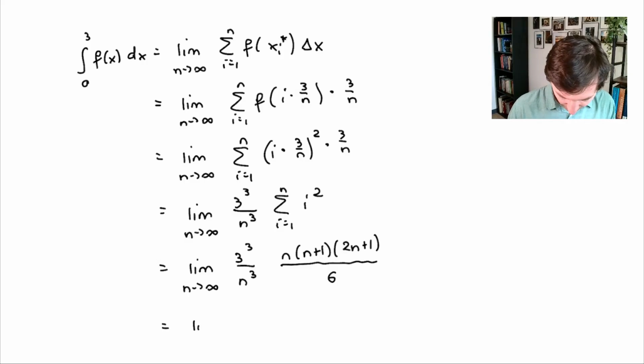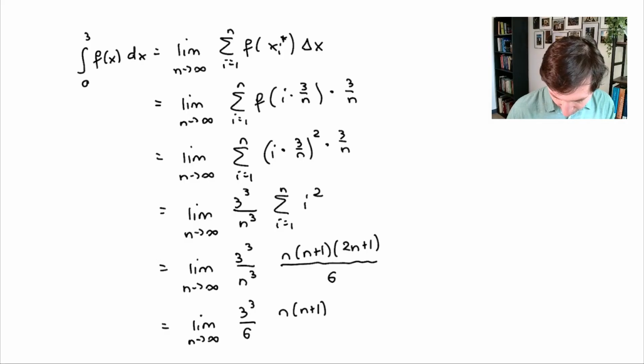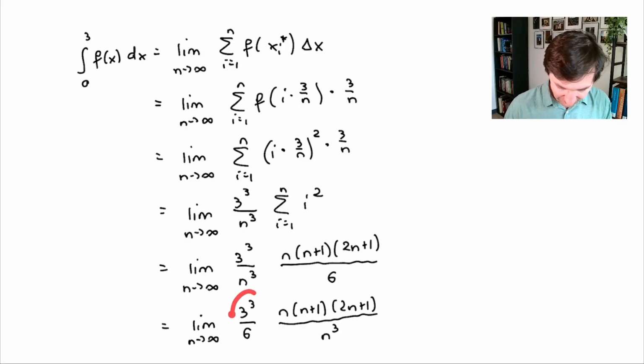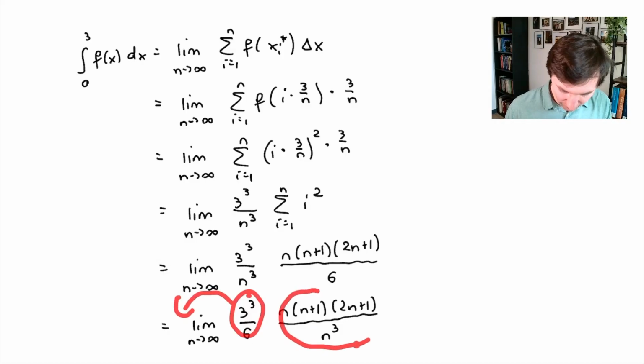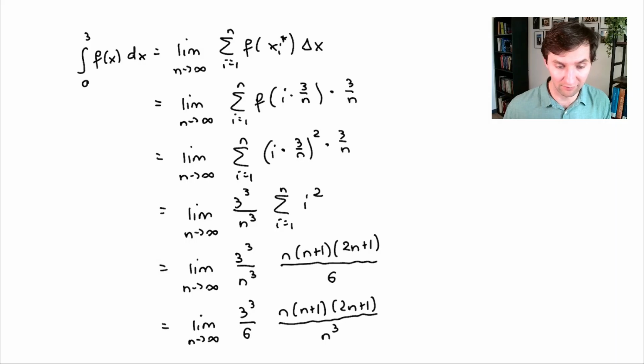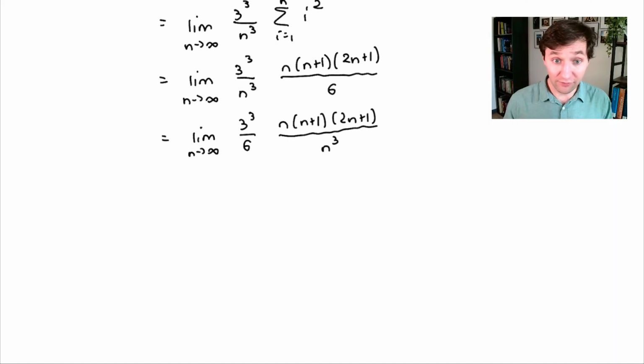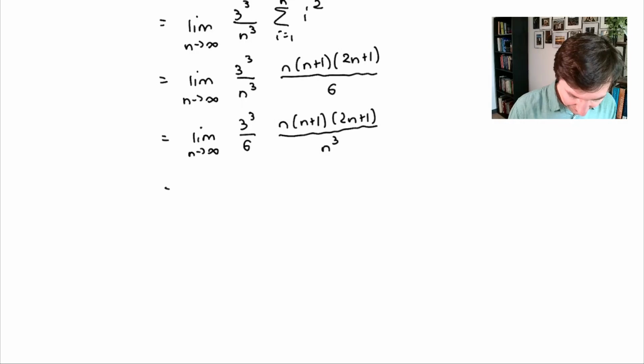Now I can simplify this expression. That gives me the limit as n goes to infinity. Let's write the numbers together, and I will have 3 to the third power divided by 6, and then let me write n's together: n plus 1, 2n plus 1, divided by n to the third power. Because this is just a number, I can factor it outside of the limit, and then I will focus on computing the limit of this expression involving n. 3 to the third power is 27, which means I can rewrite this as 27 divided by 6 times the